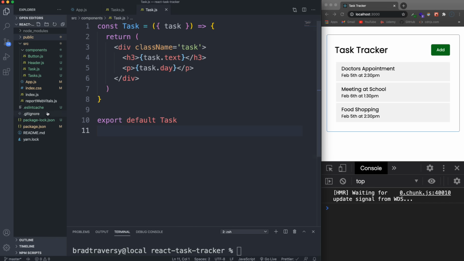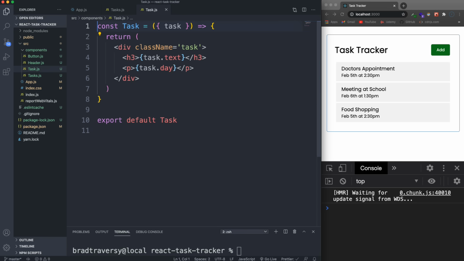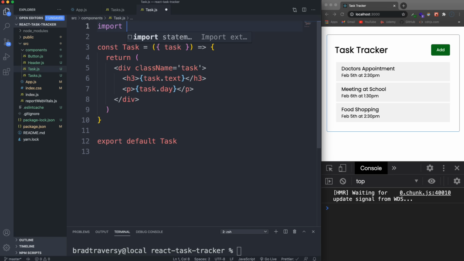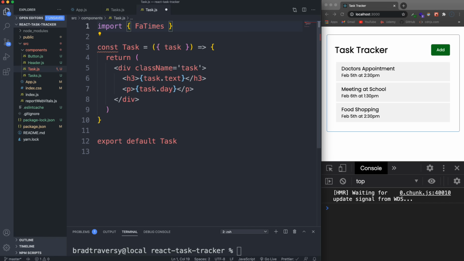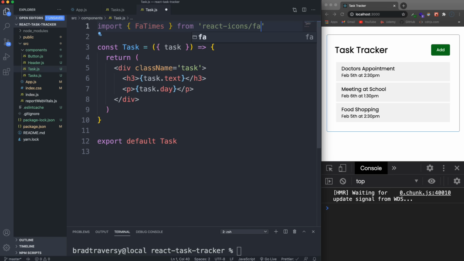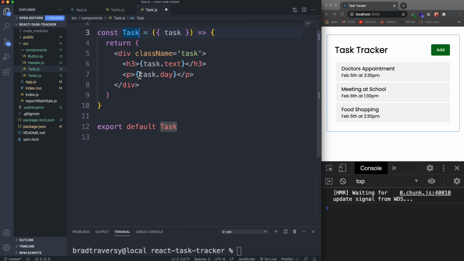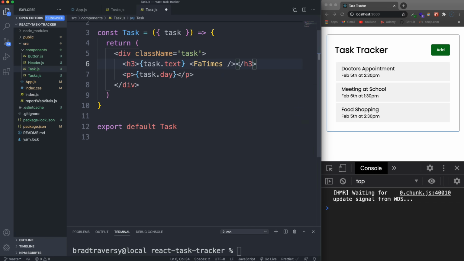Okay, so React Icons is installed, and if you look in your package.json, you should see React Icons. Anything you install with npm, as long as it's local and not global, you're going to see in here. So we want to bring in a specific icon. We're basically using icons as React components. We're going to bring in FaTimes, which is the X icon, from react-icons/fa for Font Awesome, because there's multiple libraries that you can use with this. And then let's go within the H3 right here. So after the text, we're going to put in FaTimes, just like we would put in any component,